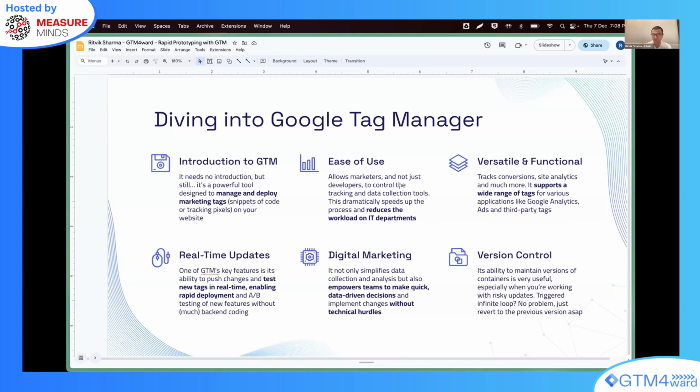Interesting fact is that the updates you make on Google Tag Manager reflect on your website in almost real time. That means you don't have to wait for your changes to take effect in a day or so, and you can quickly start to see the impact and results of whatever changes you deployed or made through Google Tag Manager.